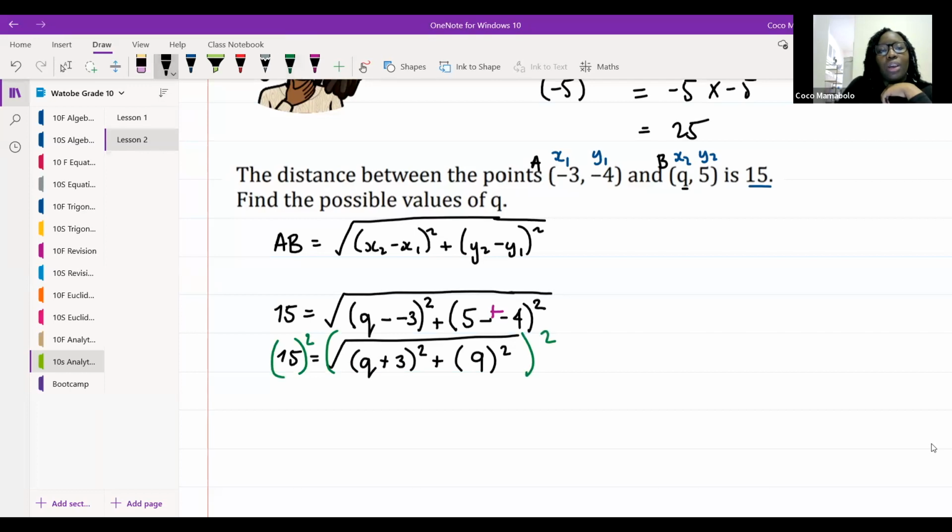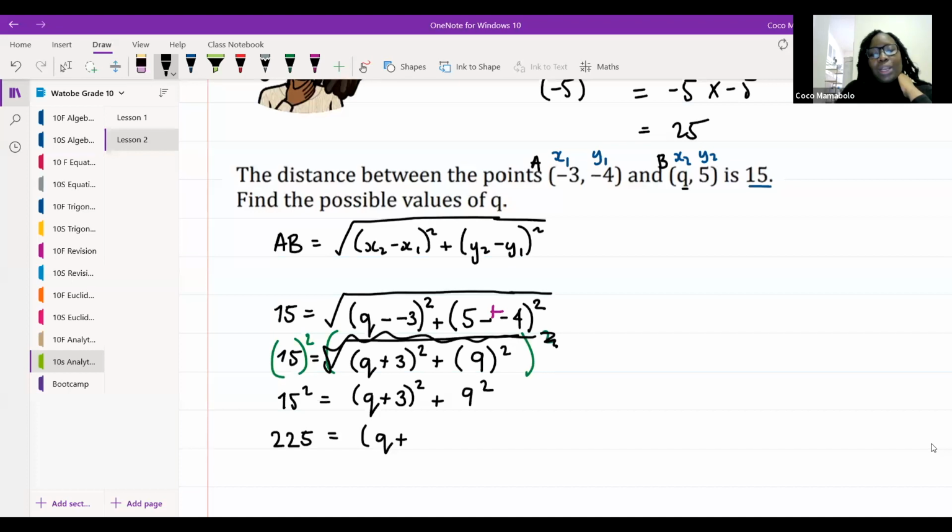All right. So I'm going to get 15 squared is equal to, now the square root is gone because it was cancelled by the square. I'm going to get Q plus 3 all squared plus 9 squared. Let's do a little bit more cleaning up. 15 squared is 225, which is equal to Q plus 3 all squared plus 9 squared, which is